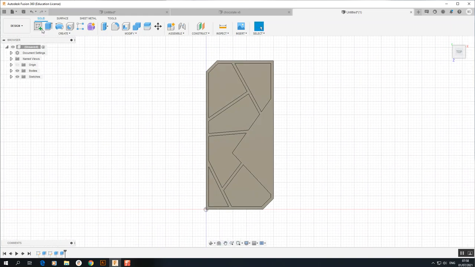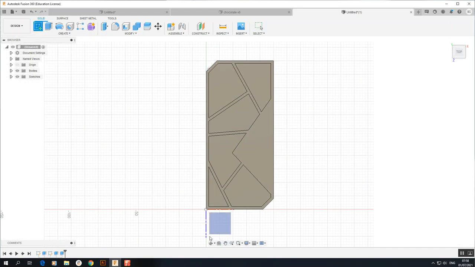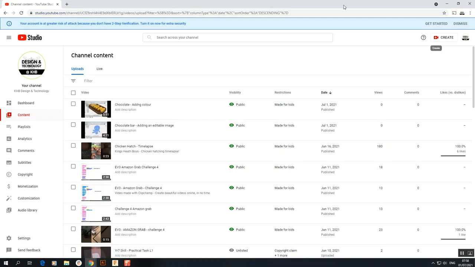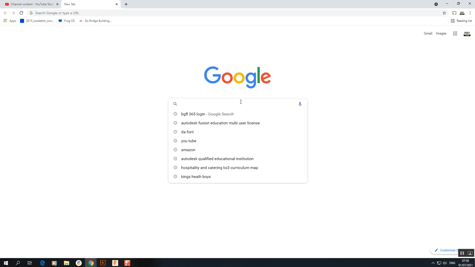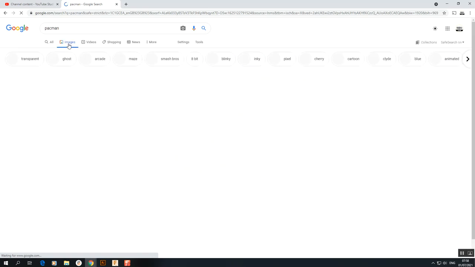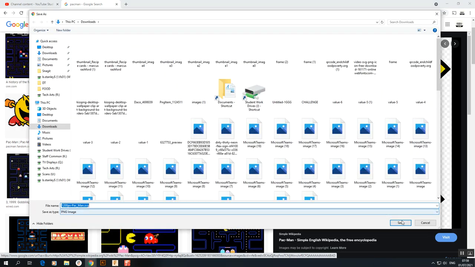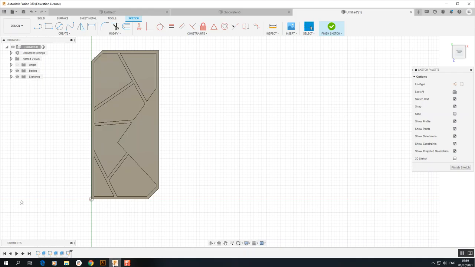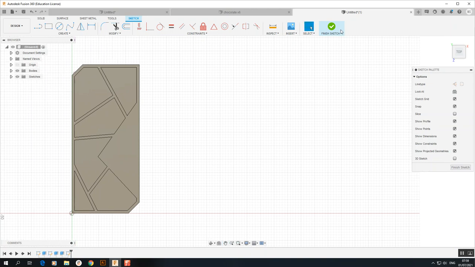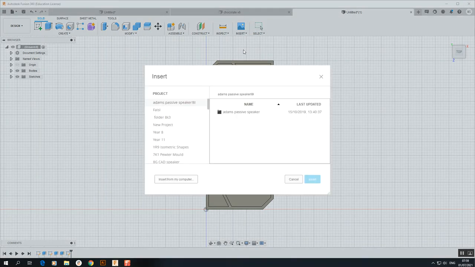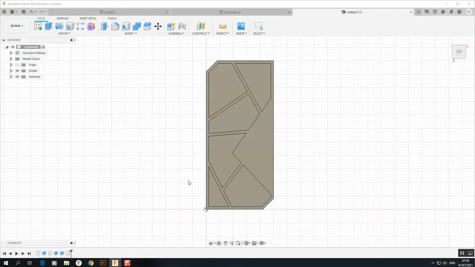You can do curved ones, you can do it where you actually take a picture off the internet. So for example, if I get a picture of, I don't know, Pac-Man, just a basic line drawing like so. If I save that image, there we go, and I go back into here, and if I click insert canvas and insert it, hold on,